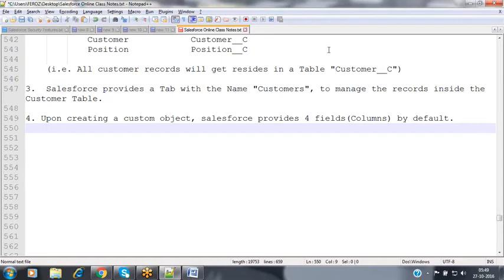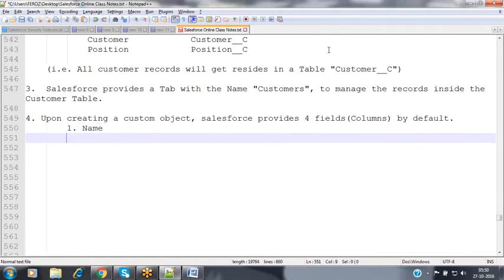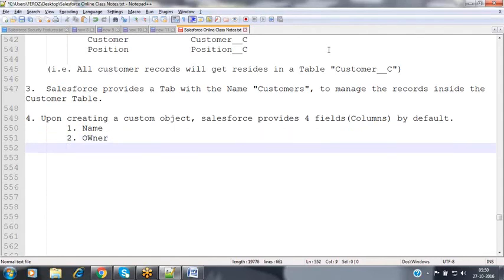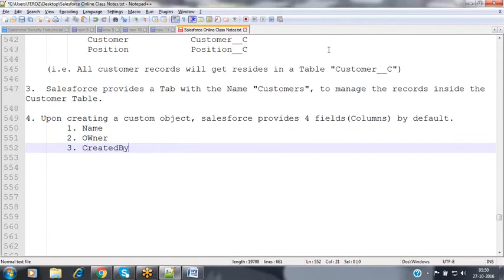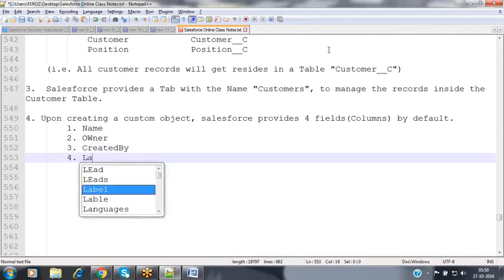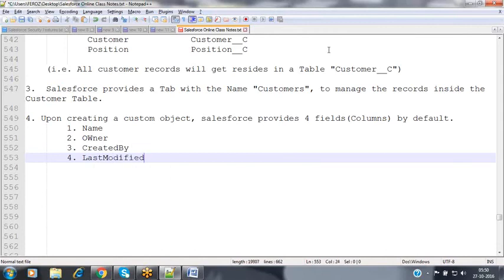Now, whenever you are creating a custom object, by default, Salesforce is providing 4 fields. Field means a column inside the table. So what are those columns given by the Salesforce team? One is the name column, second is the owner column, third is created by, and the fourth is last modified by.